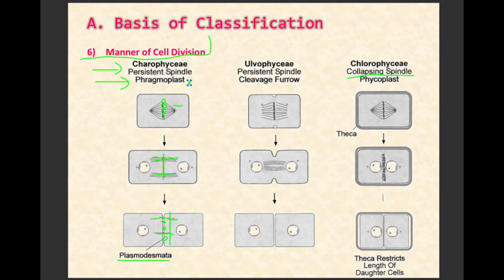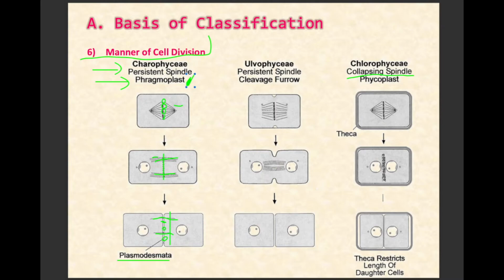Pag sinabi nating phragmoplast, pag maalala nyo, pag sinabi ng teacher nyo na phragmoplast sa Botany 119, 'di ba? Yan yung usually nagpo-form ng mga plasmodesmata due to the spindle fiber that persists along the division. And ang nangyari, madi-dissolve yung mga microtubule after nag-persist yung mga spindle fiber na yan, and eventually magkakaroon ng mga holes, yung mga primary pit field,